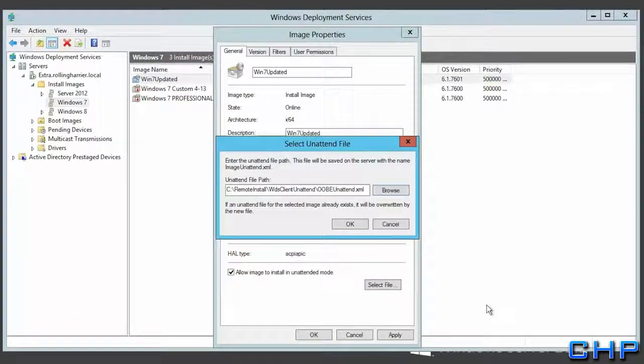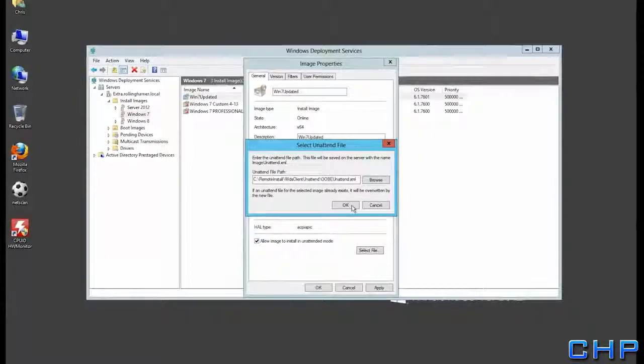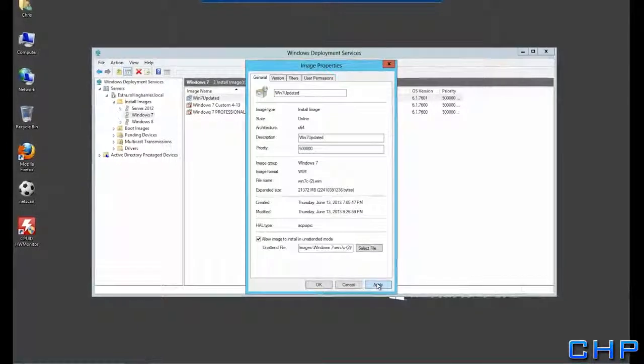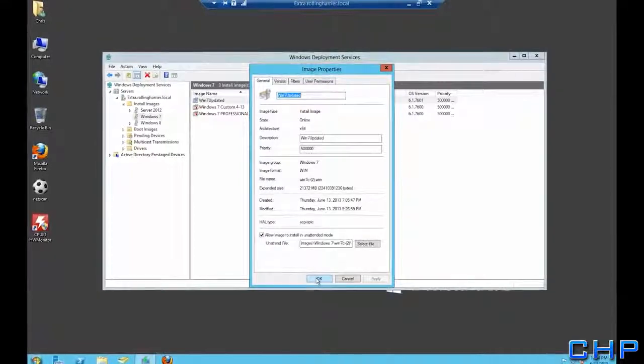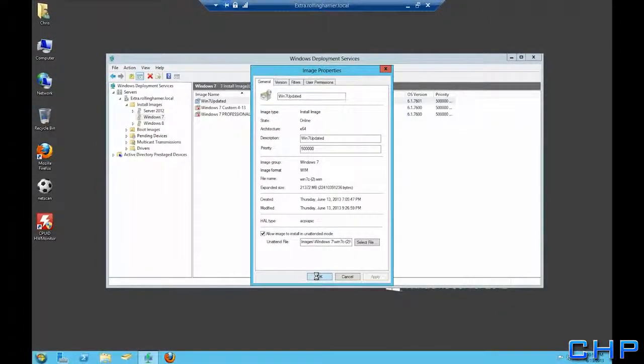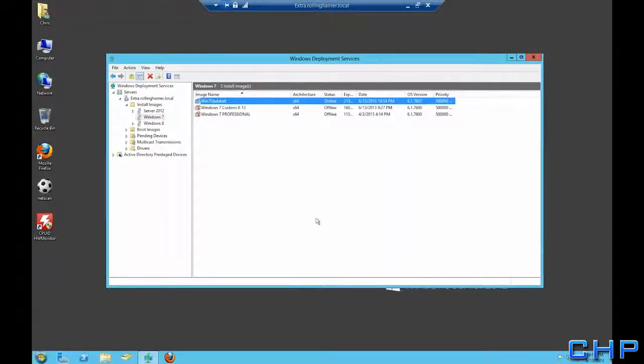This particular answer file does all the specialized work for the actual image being installed onto the machine. Once I've done that, I'm going to go ahead and select OK. I'm going to apply the changes and select OK to close out the Properties window. Now that we've created our answer files and have everything properly configured within Windows Deployment Services,